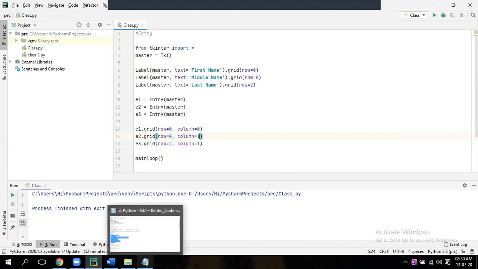Suppose you want to enter something, let's say name. First is label. Label means to write the text, what the label is, first name or last name. Now entry means it will create a grid, and there you can enter. That's it. Now go to the next one.